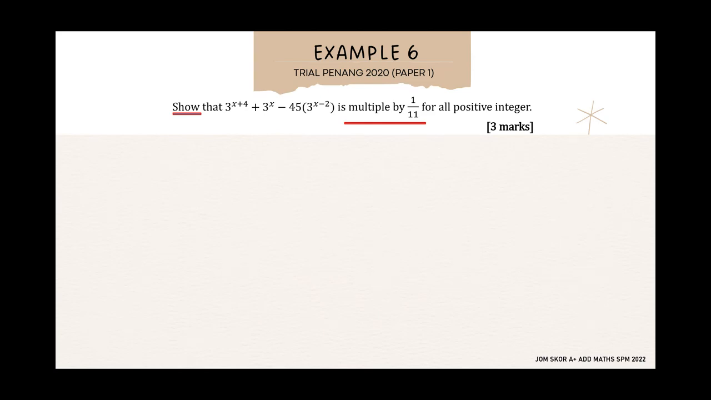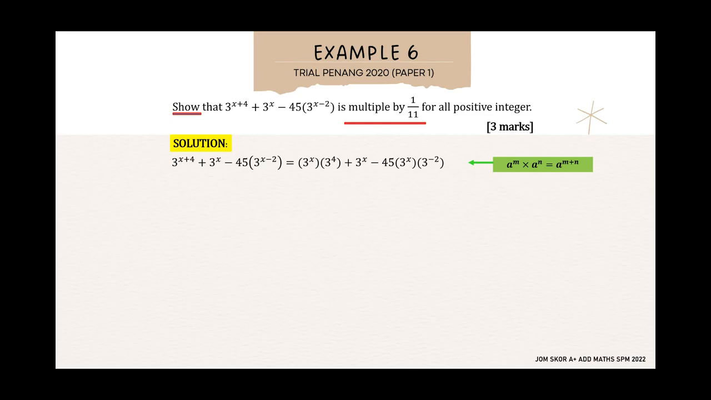Okay, nak showkan apa? Nak show that expression itu tadi involving indices multiple by 1 over 11. Boleh didarabkan dengan 1/11. Okay, tengok pada solution. Sekarang, yang ini adalah expression yang diberi. Okay, nampak tak? Kita buat langkah yang sama tadi seperti soalan-soalan sebelumnya. Kita dapat 3 to the power of x plus 4. Kita ubah kepada multiplication. 3 to the power of x multiply by 3 to the power of 4. Okay, sampailah dekat sini. 45 multiplied by 3 to the power of x multiplied by 3 to the power of